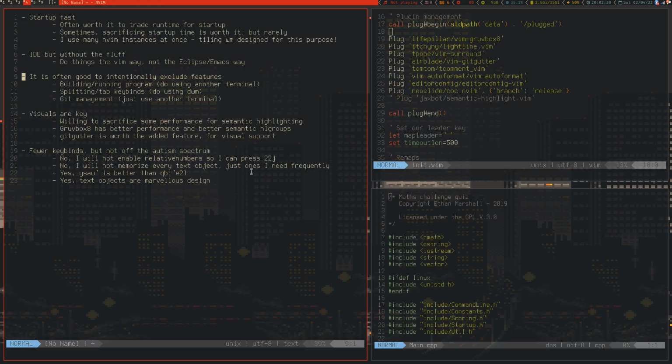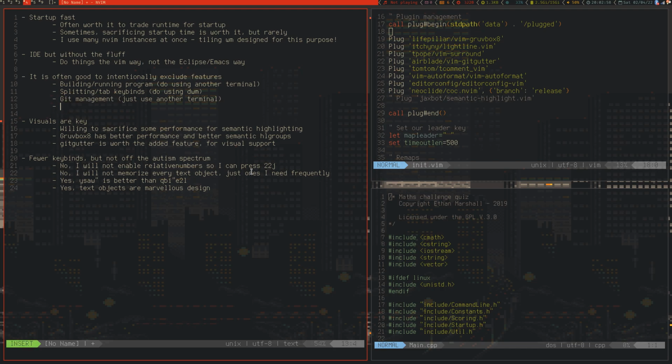That would be something that I would consider bloat, which would just be another good argument for software that's minimal enough for you to edit it and compile from source. But unfortunately Vim isn't at that point. But that's something that I would choose to go without. Another thing is splitting and tabs, which I mentioned a minute ago. Git management I mentioned a minute ago. I'd actually append here integrated,